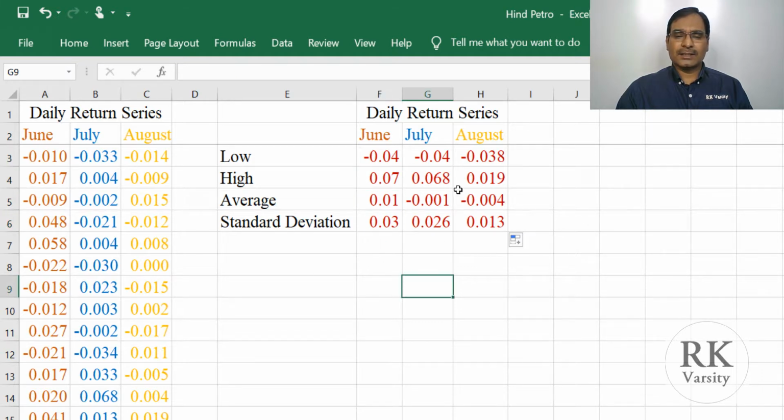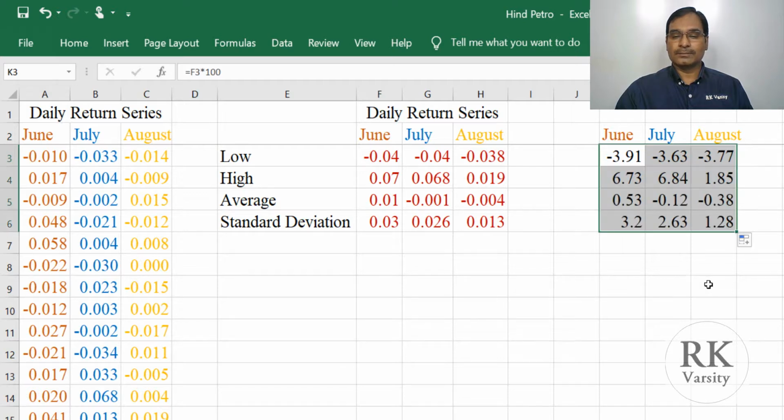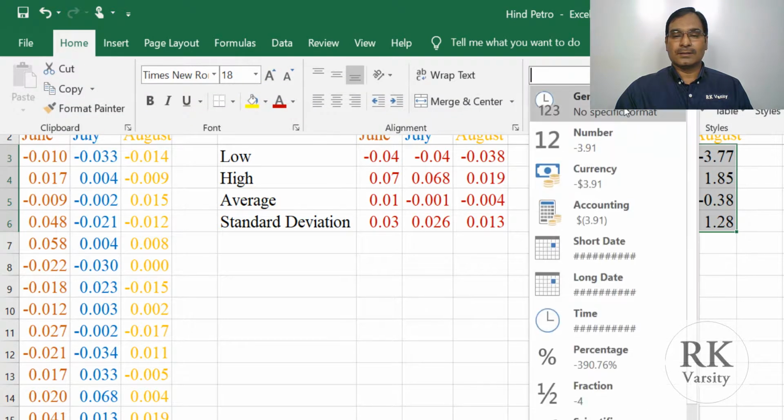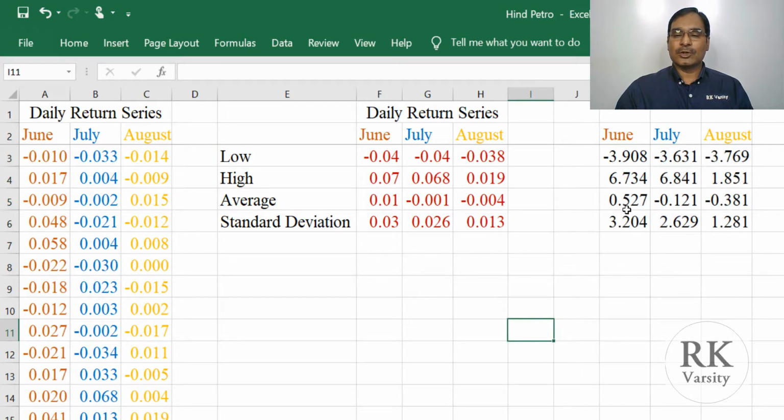If you want these in percentages, we'll copy this and type equals decimal values times 100. Copy it here and also copy it down. If you want, you can format this number to 3 decimals. This is easier to understand.